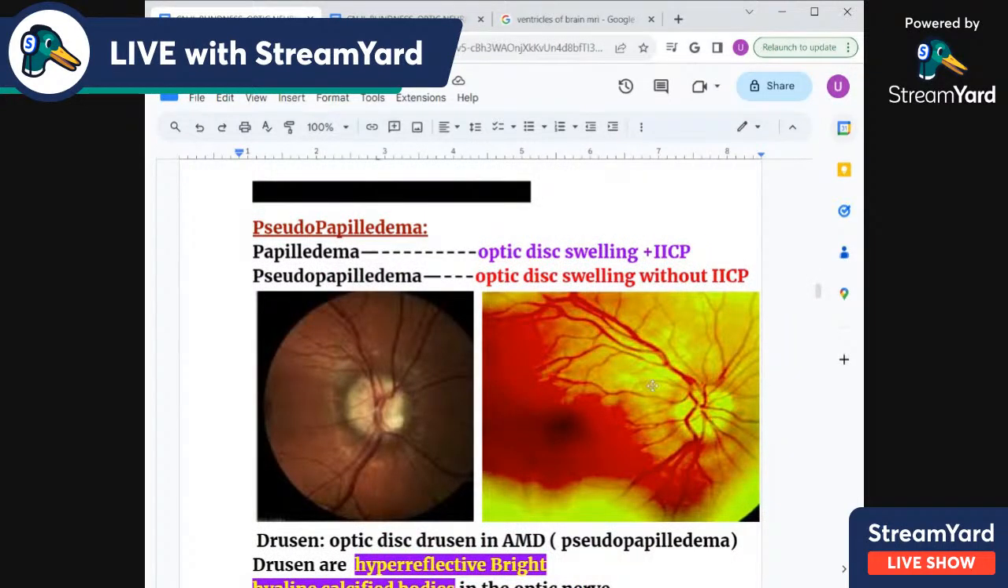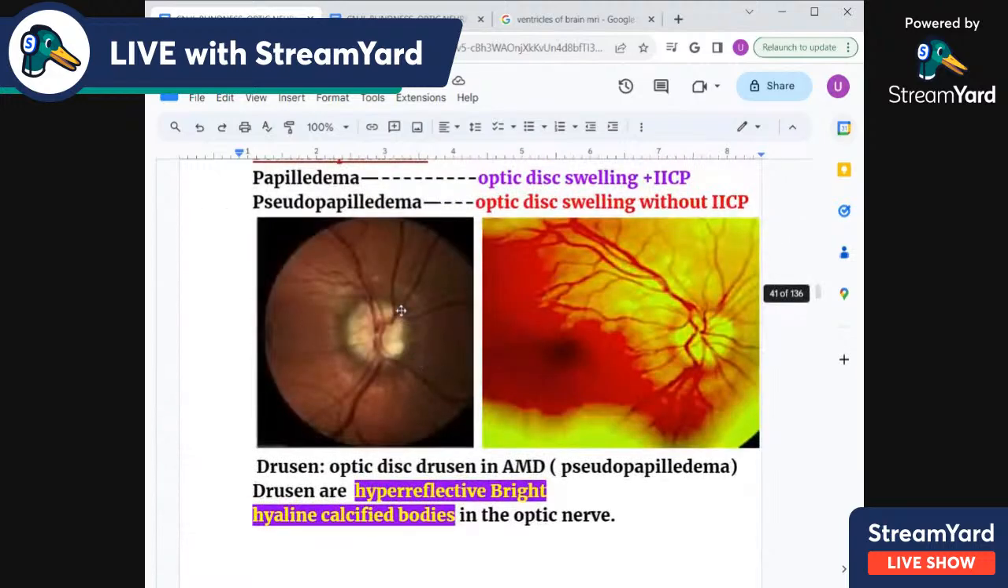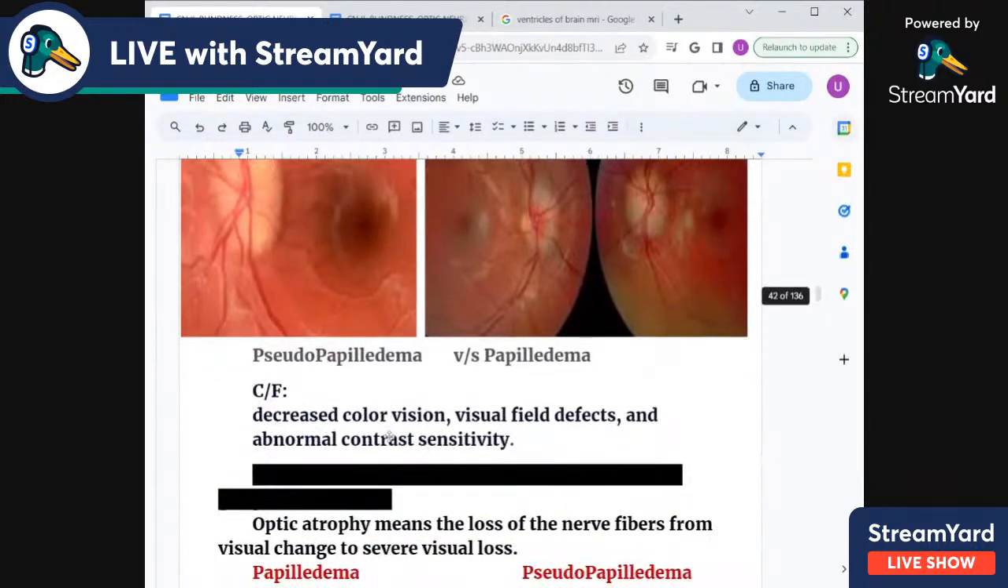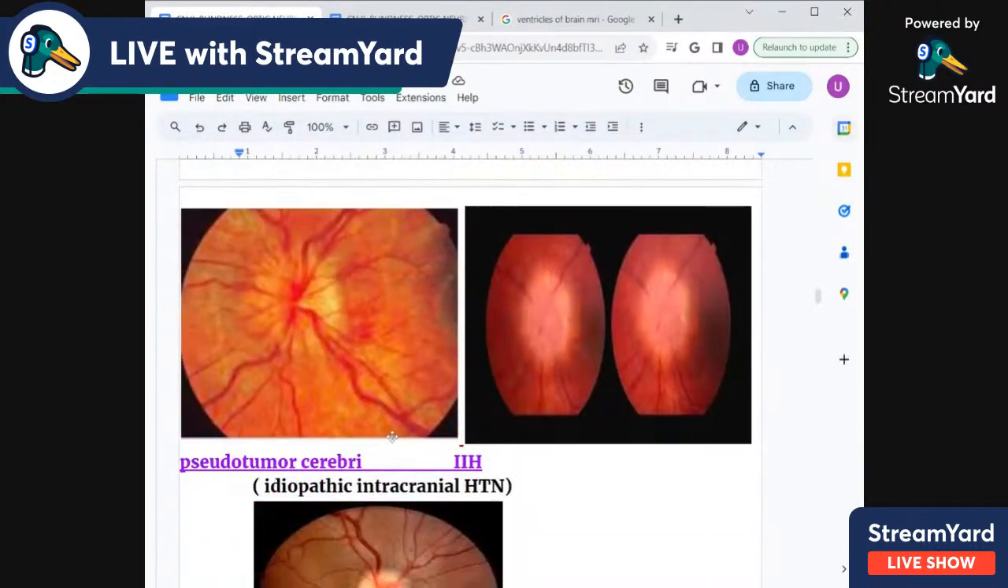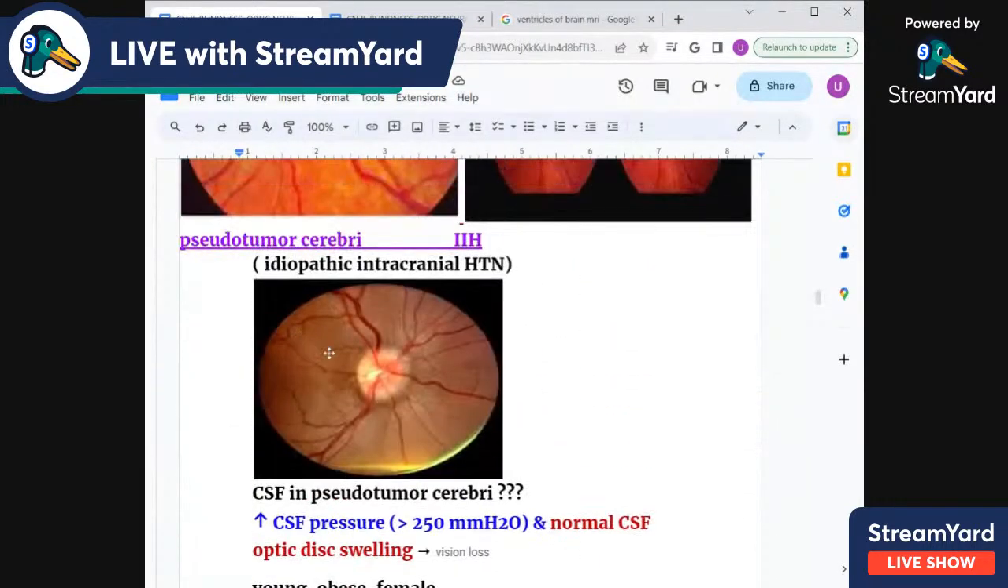This is pseudopapilledema. Compared it with the papilledema here down here, because in pseudopapilledema these margins are clear. There's elevation but no swelling of the disc, and it's chalky white. This one example is AMD, and these are drusen, they deposit under the pigment epithelium. And then we compared this papilledema with this pseudopapilledema, the blurred margin, elevation, everything, and then pseudotumor cerebri, where there